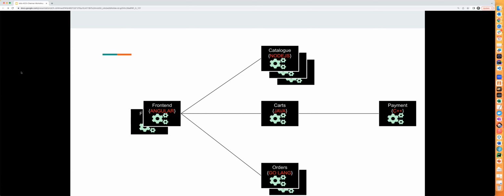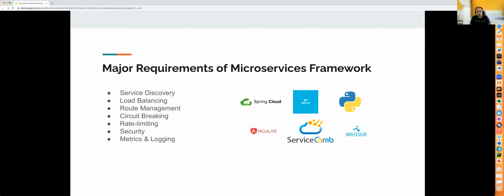Registry needs to be separated, and we need a common registry kind of thing. Exactly. Thanks, Arul. So not just registry. What we can do is take all the framework piece, the piece of code which does service discovery, load balancing, route management, and all. This can be a separate piece of code, and we can separate the app code separately.